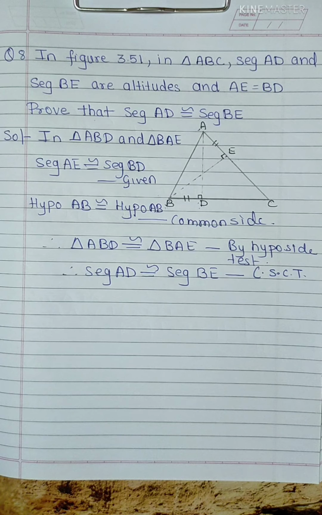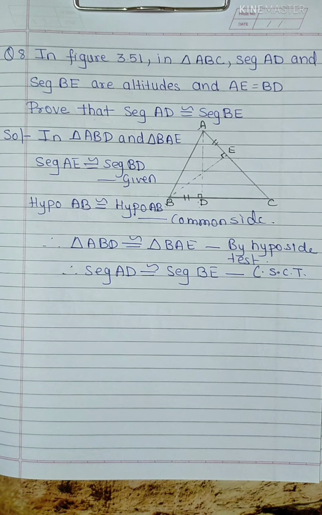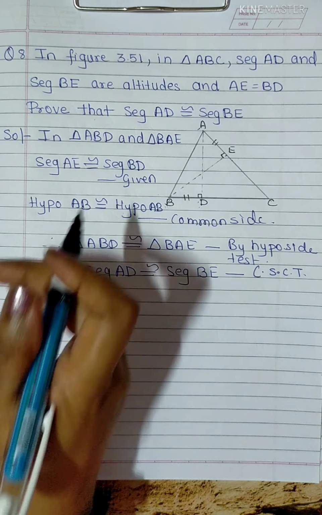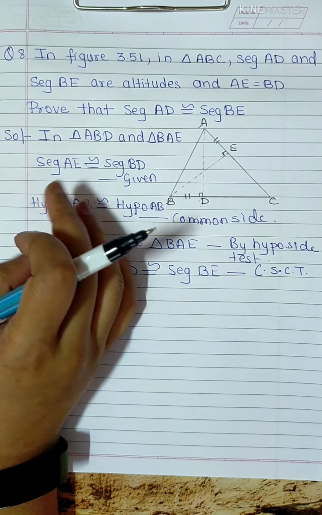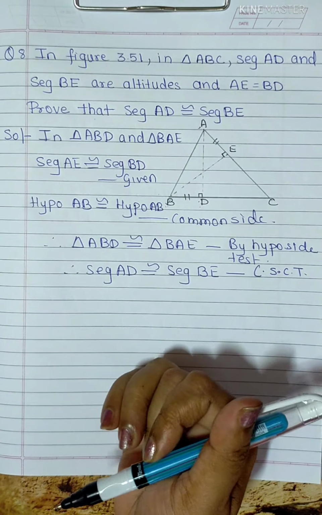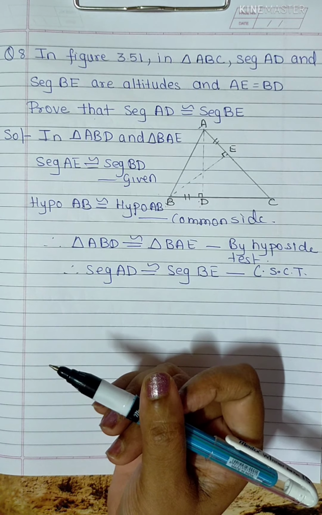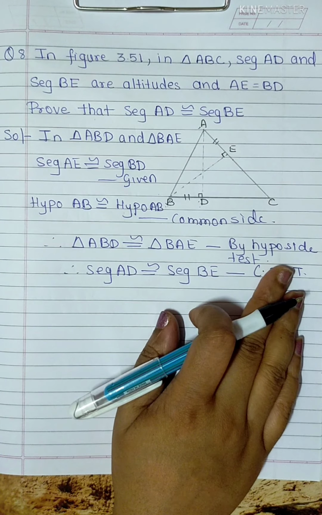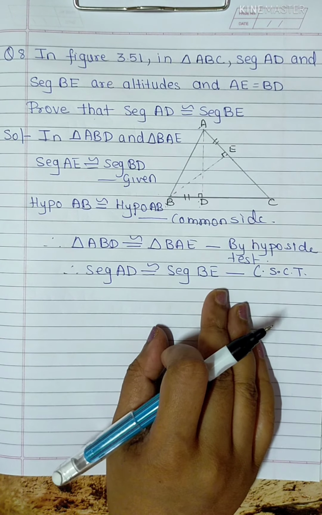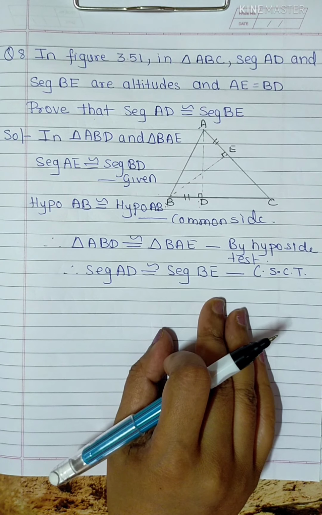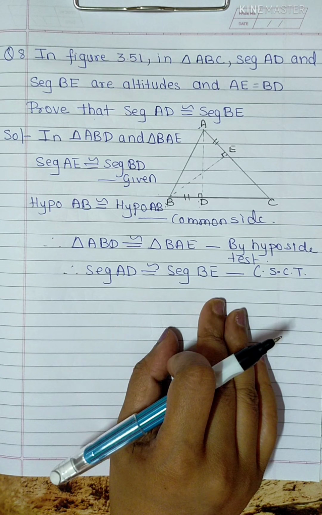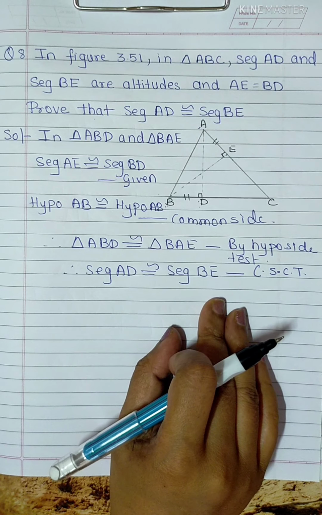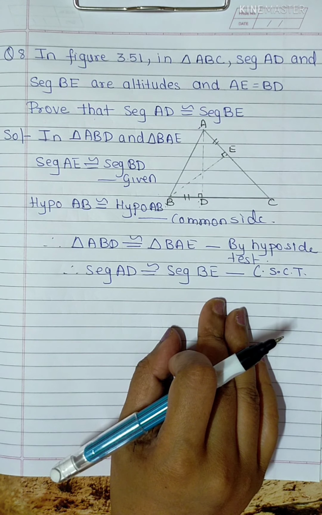I hope you understood practice set 3.4 of chapter 3 triangle. So please follow the steps and practice them. Once you practice this, your concept will be clear. Follow the steps, follow the formula, and write the correct reason beside each step. Presentation is very important in geometry. If you present step by step clearly with reasons, you will get good marks. I hope you understood what I am saying.